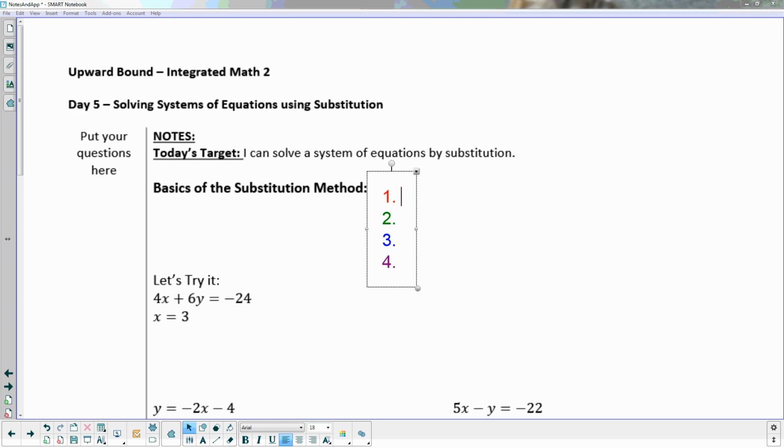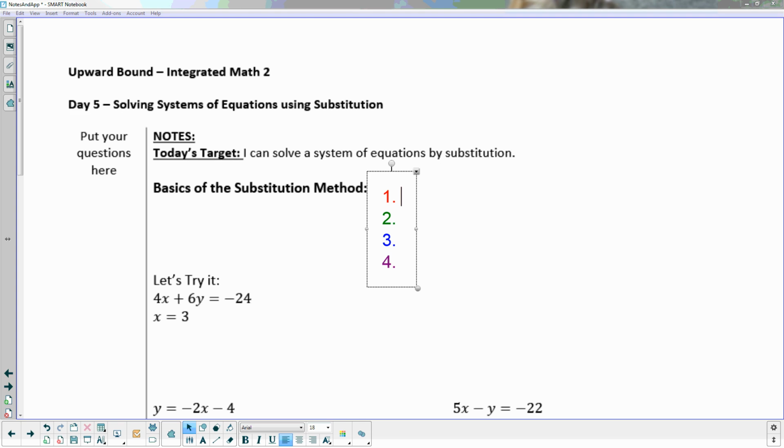Today we're looking at solving a system of equations using a method called substitution. Hopefully this is a review of this method, but if it's not, it should be enough to give you a good idea of how to do it if this is the first time that you're seeing this. So the basics of the substitution method, I think we can really complete the substitution method in at most 4